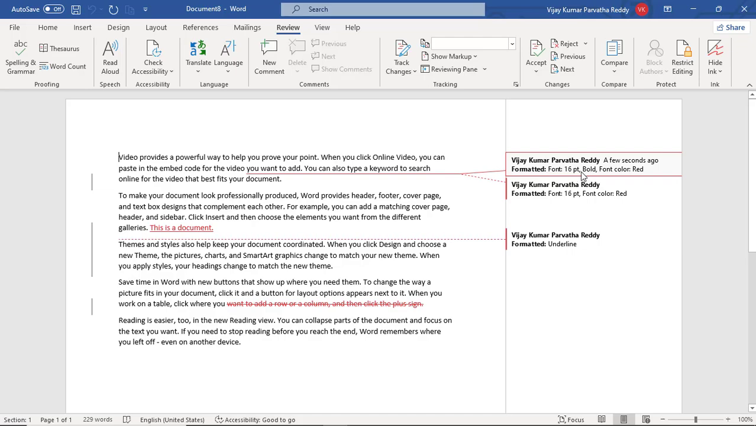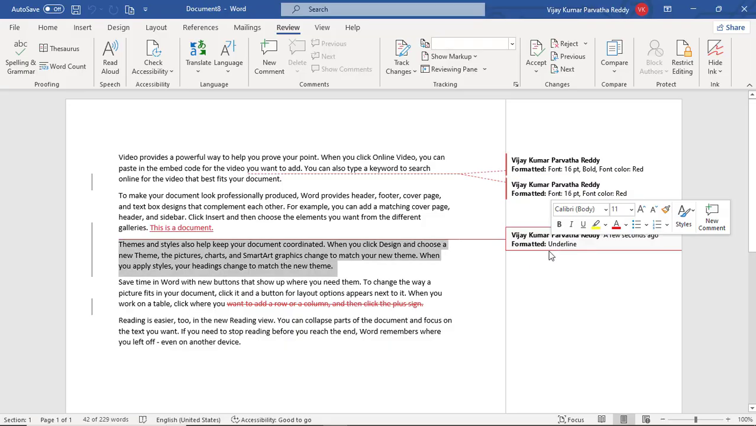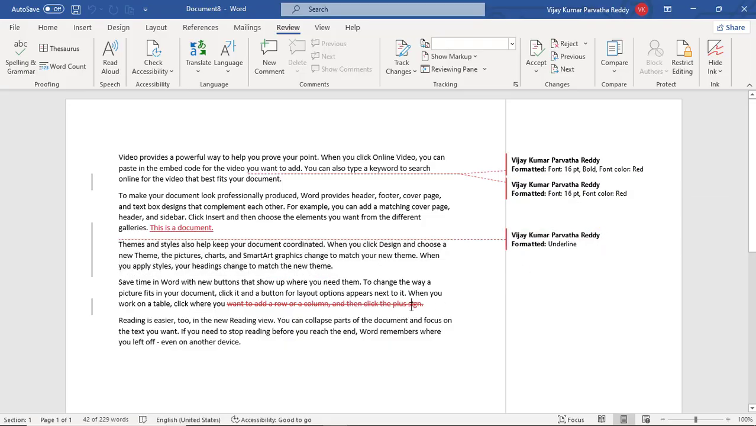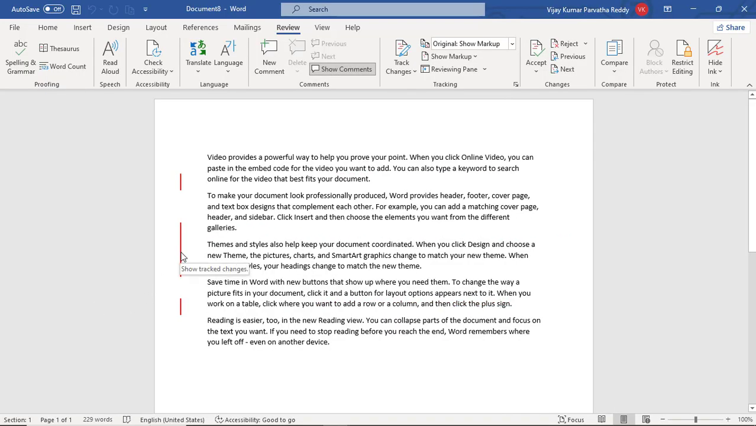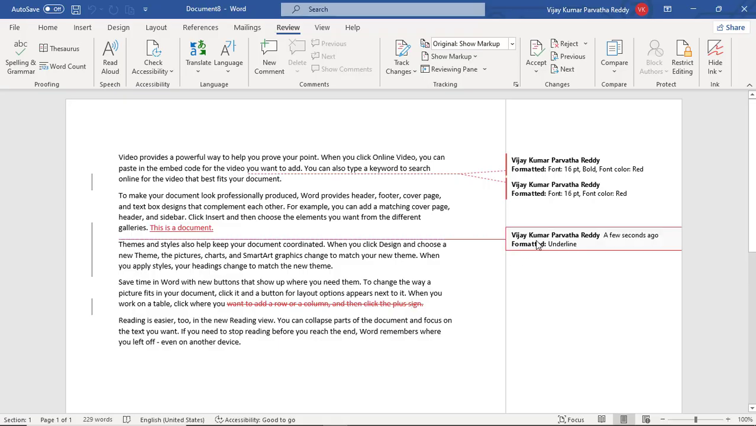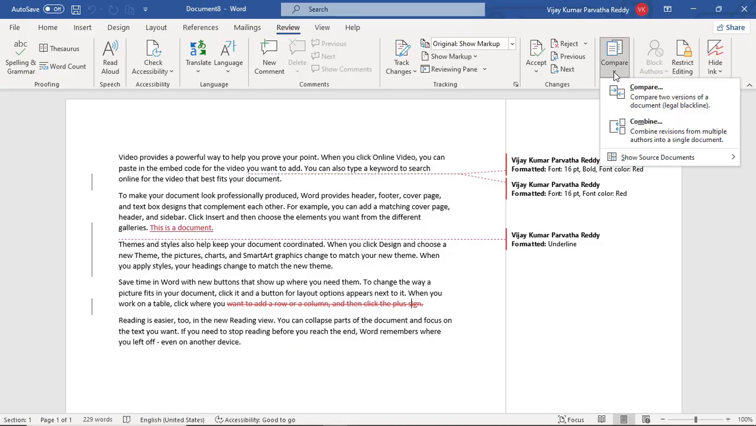A few seconds ago, font 16 bold, font color red, and here something, and here something. So, you can highlight them, what are the changes they did. And finally, see, show original document,